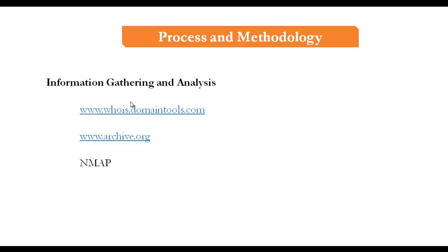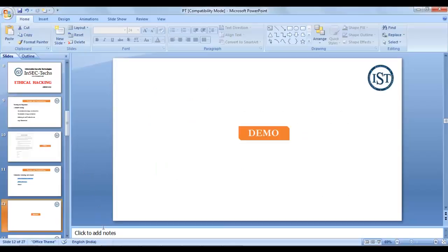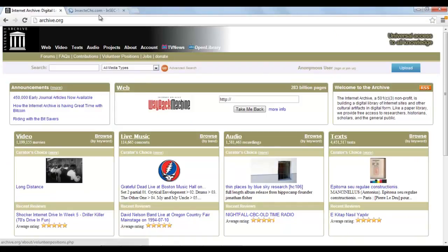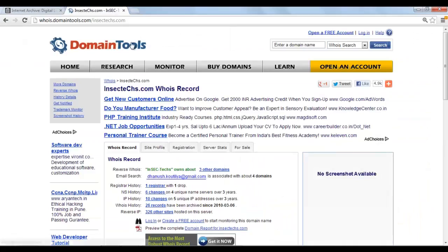One is whois.domaintools.com, another one is archive.org, and Nmap is a tool. Let's have a quick demonstration of how we can use these tools in gathering information about the targets. Let us say we want to gather information about insectechs.com